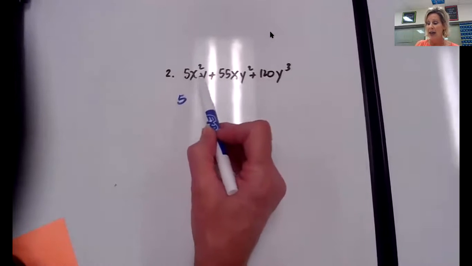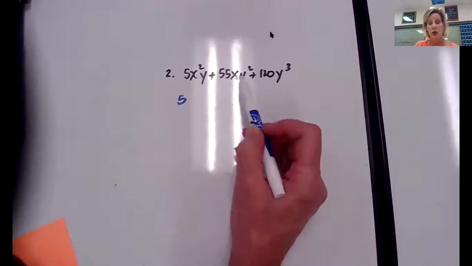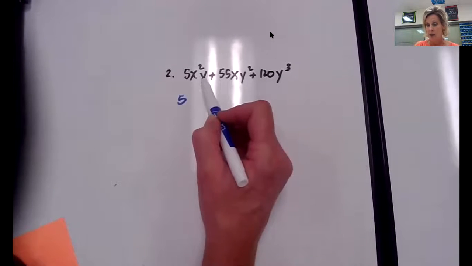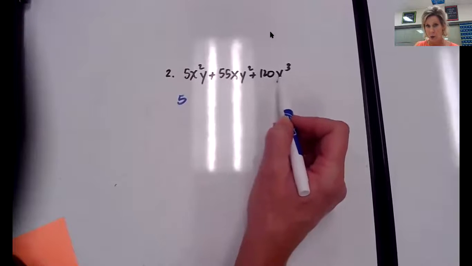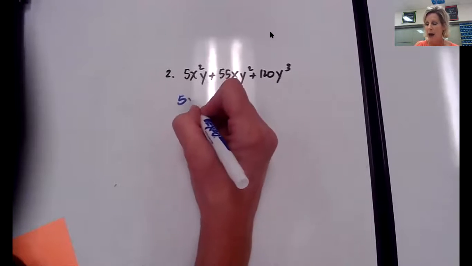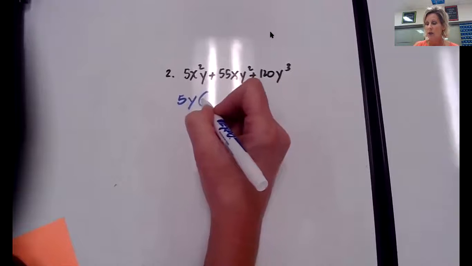But look, I have X's and Y's in every term. No, I just have Y's in every term. So I do need to look at my Y's and see what my GCF is for the Y's. So since y to the first, y to the second, y to the third, since y to the first is the lowest exponent, take a y out. So it's going to be